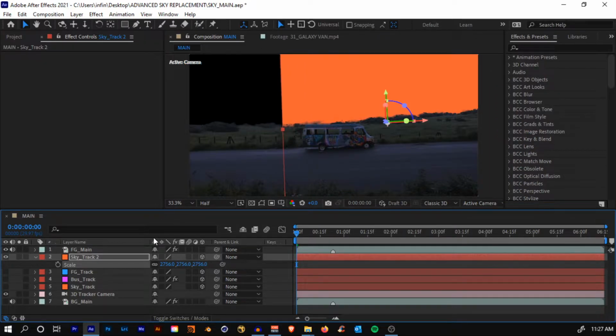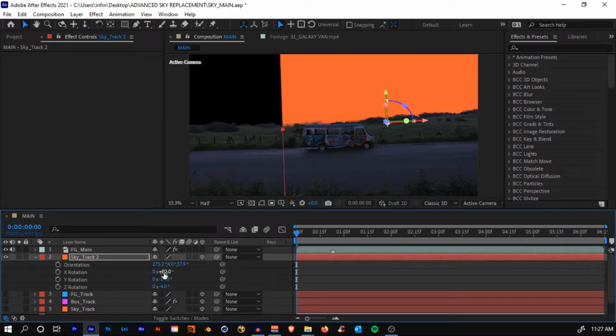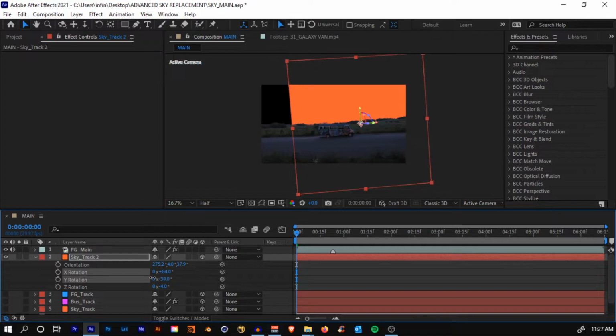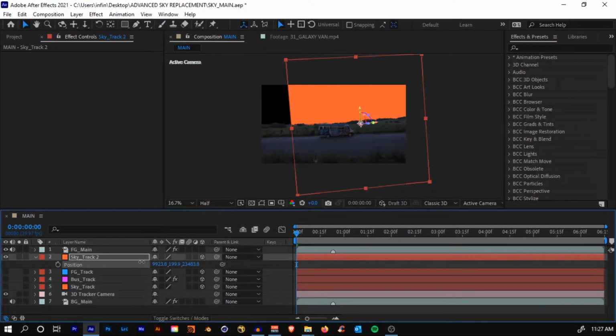Now just align it. Hit R on your keyboard and align it properly. You'll see that currently it's a little crooked. Something like that. Hit P and get it to the side.